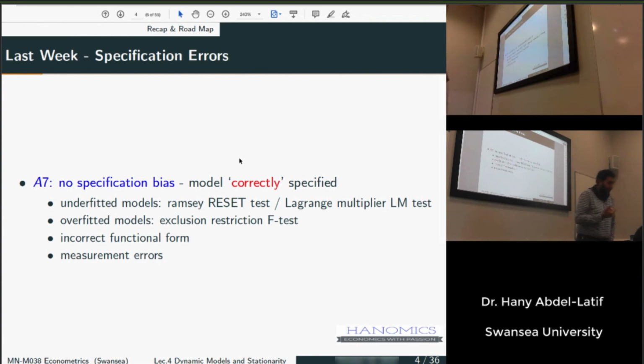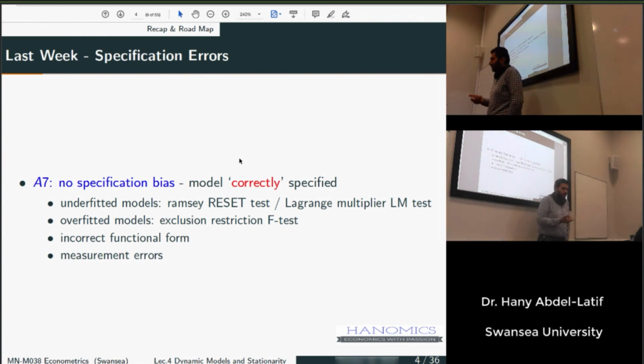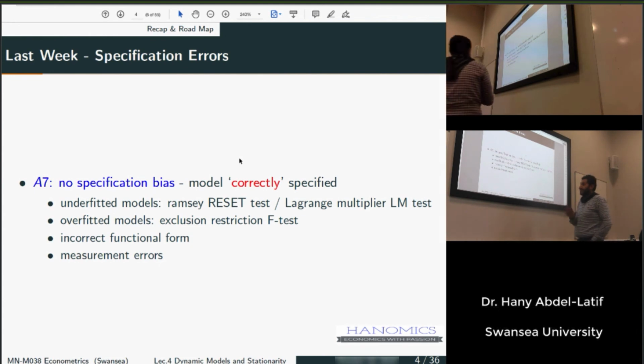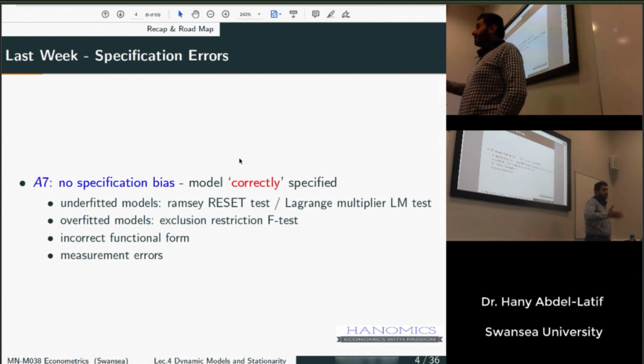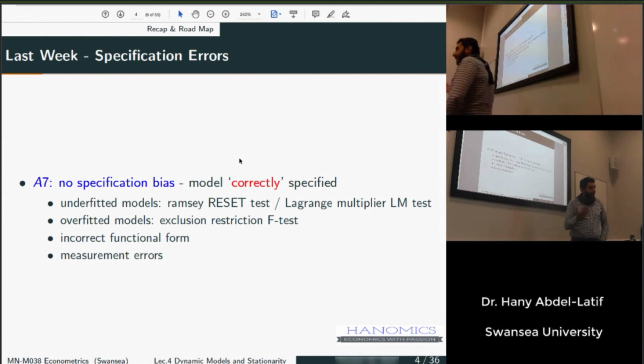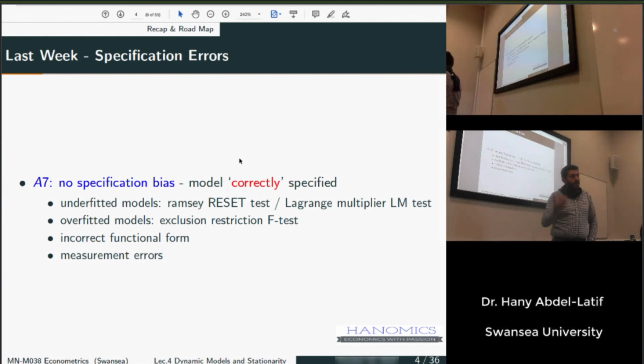Whatever that is, you need to make sure that you're following the correct functional form, and one really good way to do this is just to plot your dependent variable and see if any pattern can tell you something about the functional form. Measurement errors: we explained what would happen if the measurement errors are in y, the dependent variable, and what would happen if the measurement errors happen in